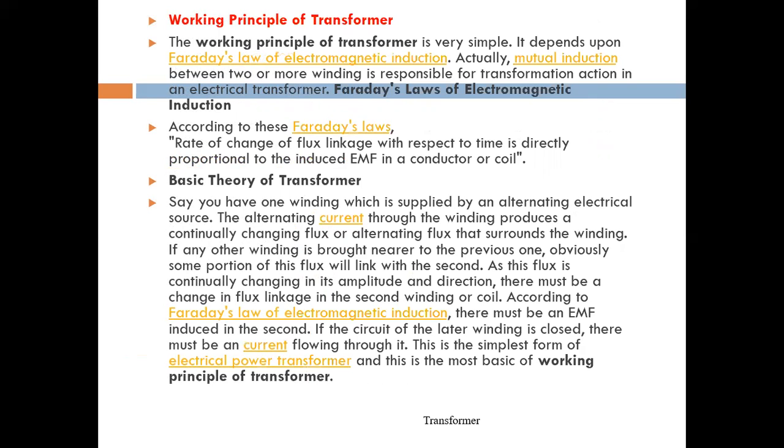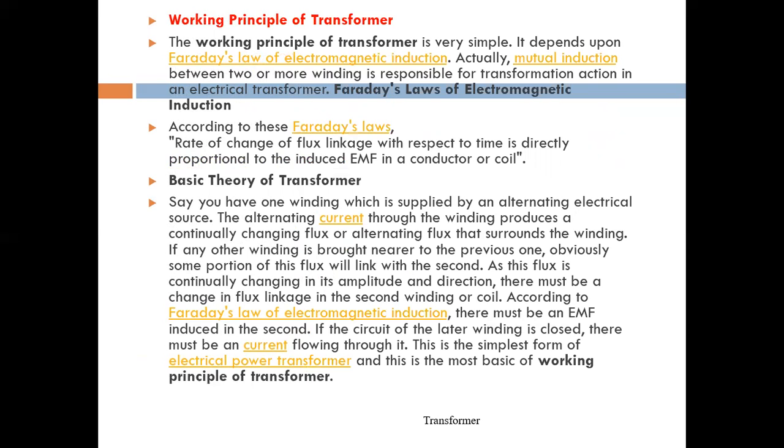If any other winding is brought nearer to the previous one, some portion of the flux will link with the second. As the flux is continually changing in its amplitude and direction, there must be a change in flux linkage in the second winding or coil. Between these, there is no frequency change in the transfer of